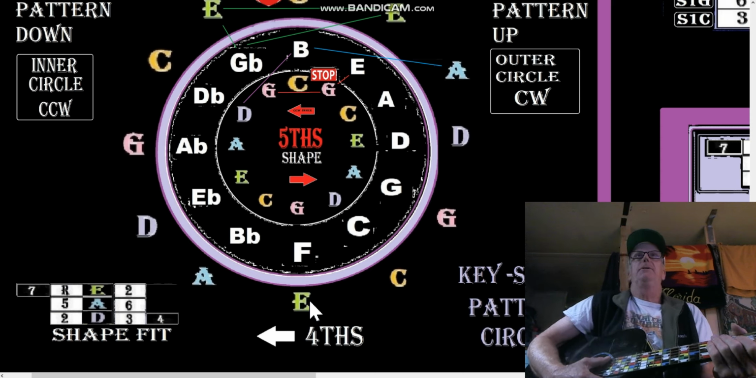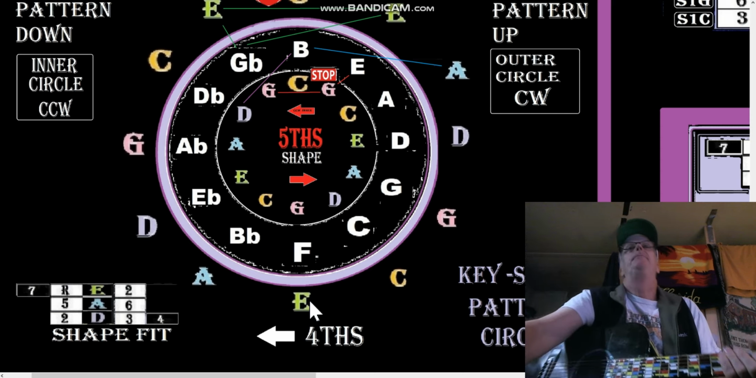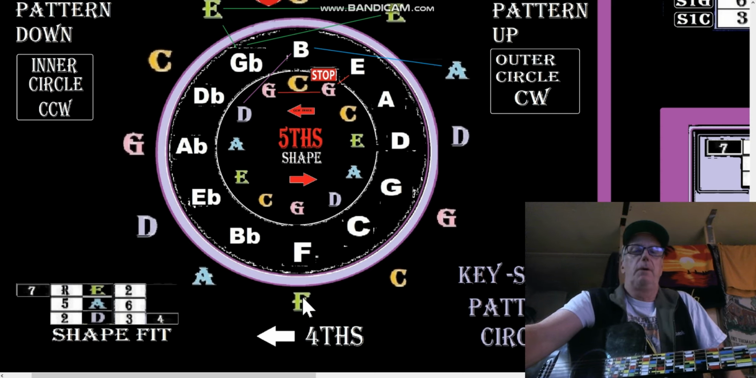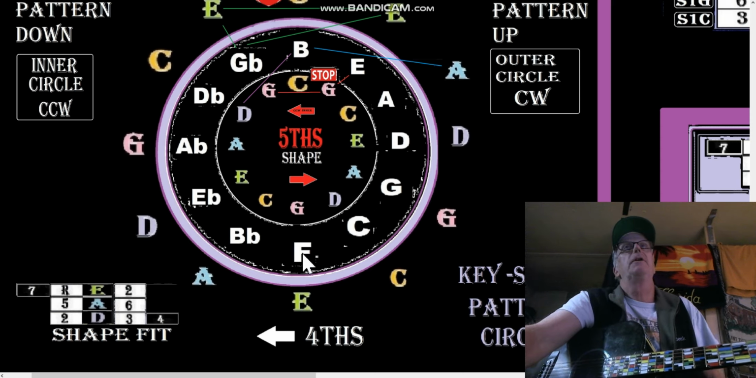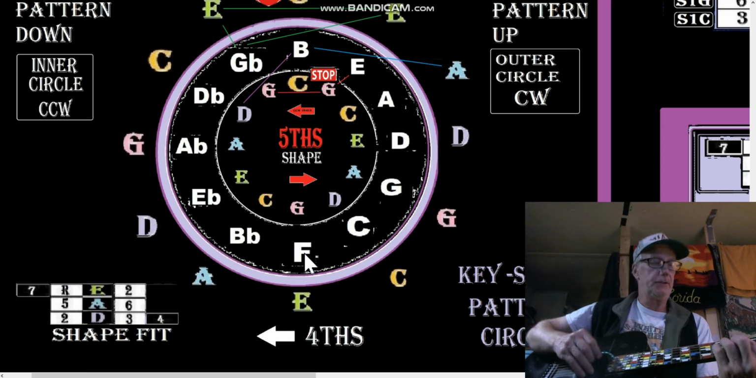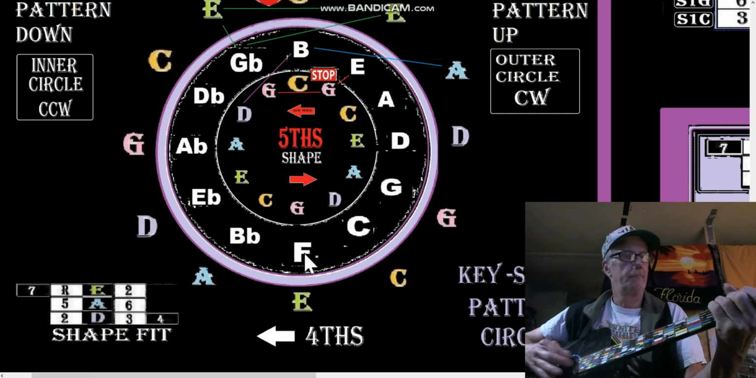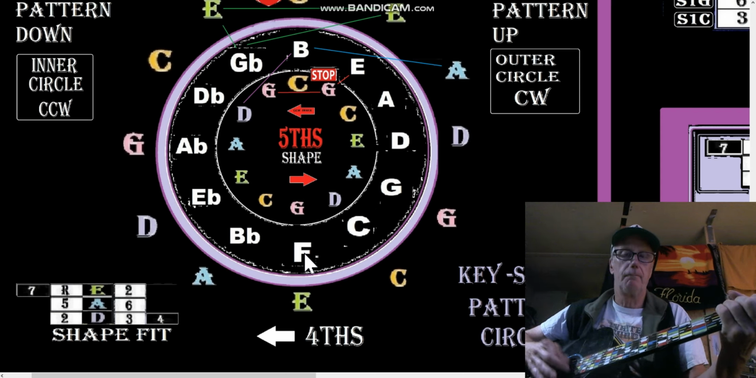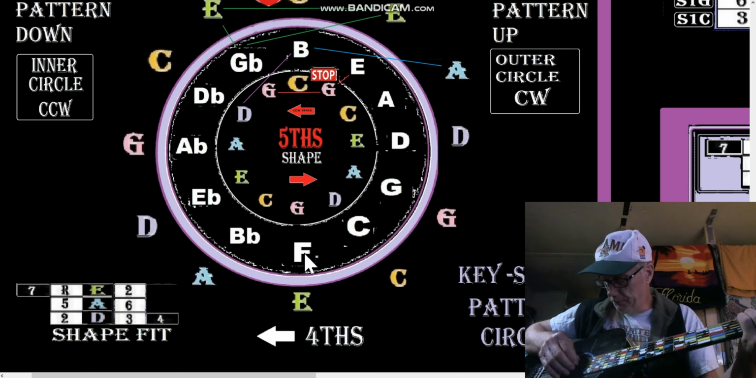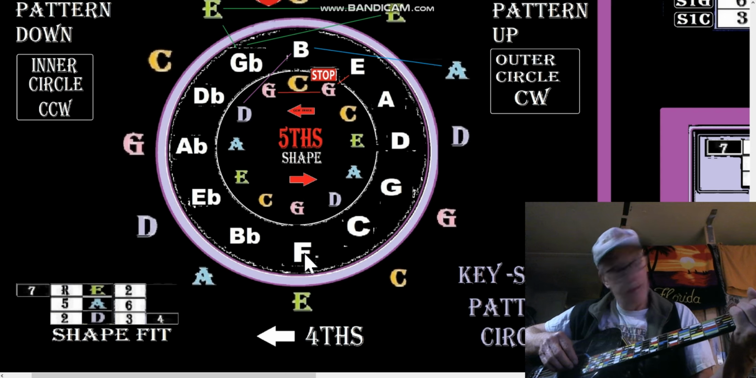So we get to that A shape there. Now, for our purposes, to get to the fifth, we want to move the pattern down. Have you ever found yourself doing something like this? If you could keep from hitting that fourth string,